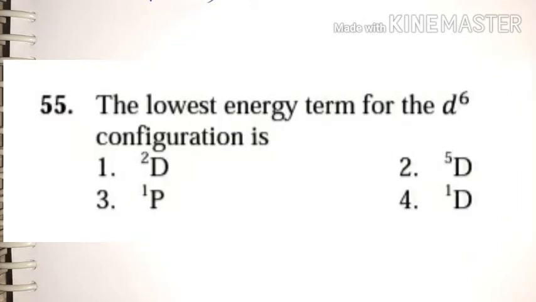So friends, in today's video, we are going to discuss previous year questions of physical spectroscopy and term symbols which was asked in CSIR NET June 2016 exam. Okay, so let's start. Now see, this is your first question and it says the lowest energy term symbol for the d6 configuration is, and we have four options. This question is coming for 2 marks. So friends, in this question you must find the term symbol for d6 electronic configuration. Understand? So let's do the solution of this question.